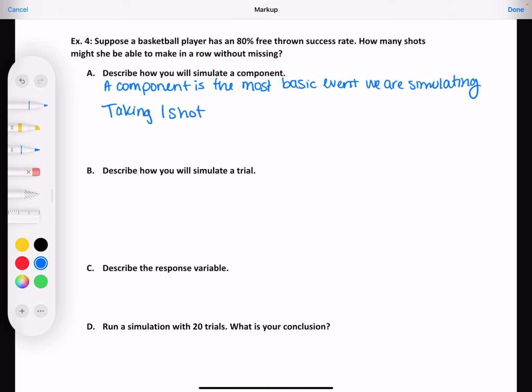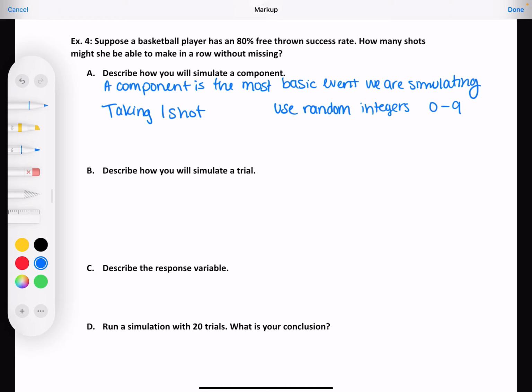So then, Berkeley, what were you saying we should use? The minimum? Well, I'm going to simulate this on my calculator. So what numbers am I using to simulate this with? Single digits. Okay, so I'm going to use random integers, zero to 9. Now, if it said she had a 75% free throw percentage, we would need to go to double digits. But since it's 80%, it works out nicely. We can use single digits.